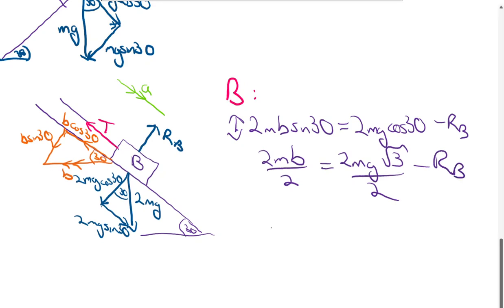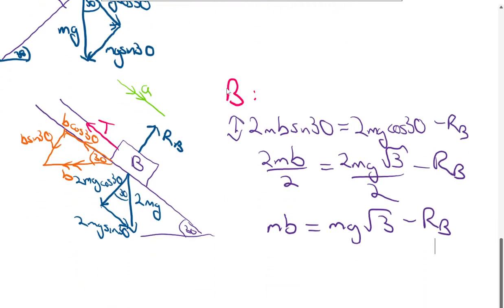So actually this goes to mb equals mg root 3 minus RB. Okay. Now again, pause this to make sure you're happy. But what we're going to do now is we're going to see what can we do with our wedge equation. We've got our A equation and our B equation, and I have a sneaking hopeful suspicion that it's all going to just work out nicely